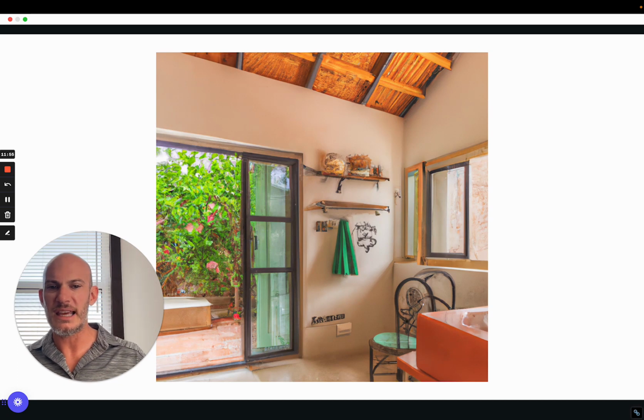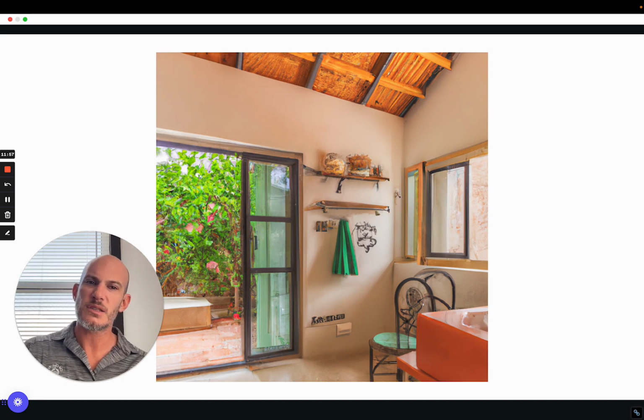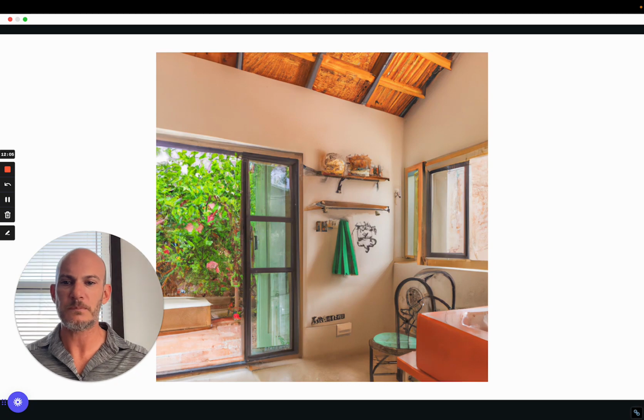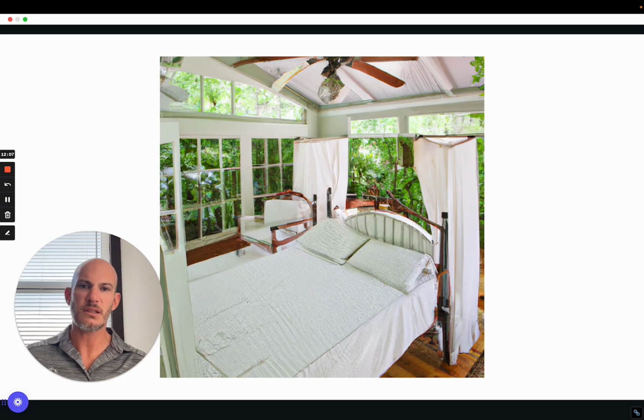The clay sort of colors. This is, in my opinion, more of what you would see in a concrete kind of build, with maybe a wood roof and then some sliding doors and some sliding windows. This is sort of an all wood, so maybe colonial kind of look, nice windows, but more of a wood